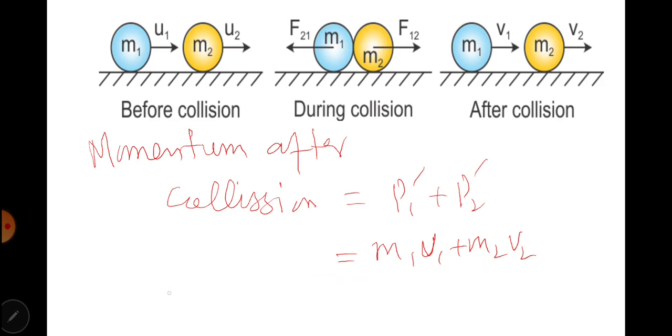According to the law of conservation of momentum, momentum before collision, p1 plus p2, is equal to after collision, p1 prime plus p2 prime, and it can be written as